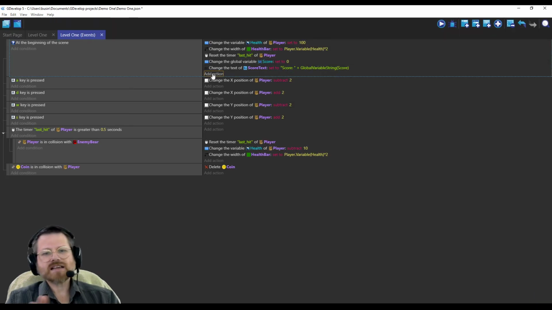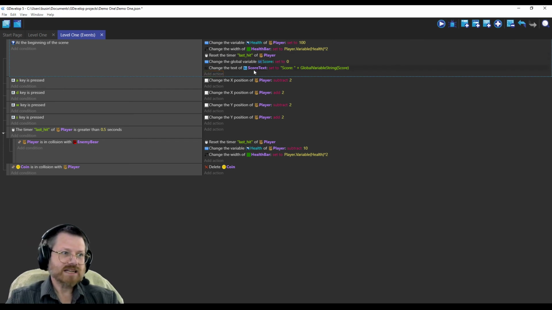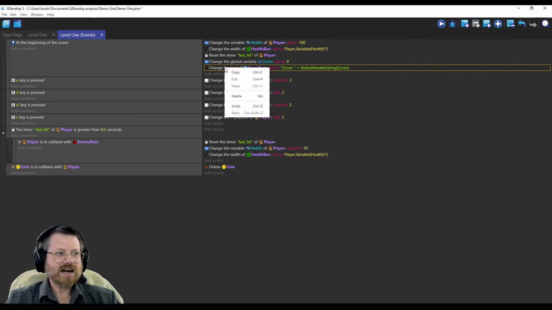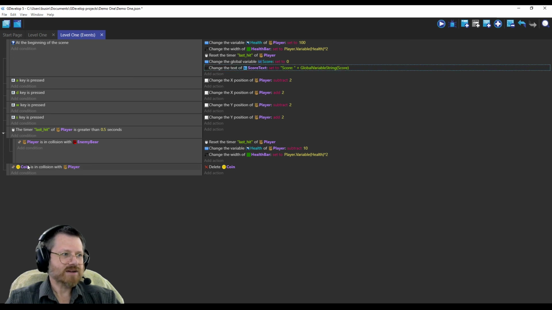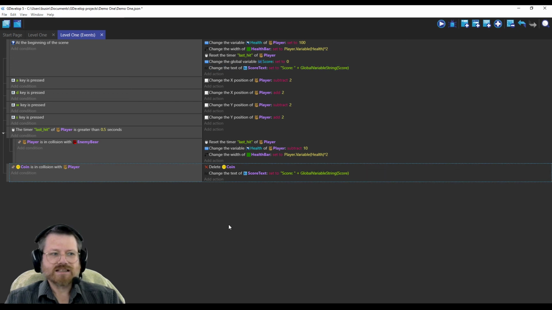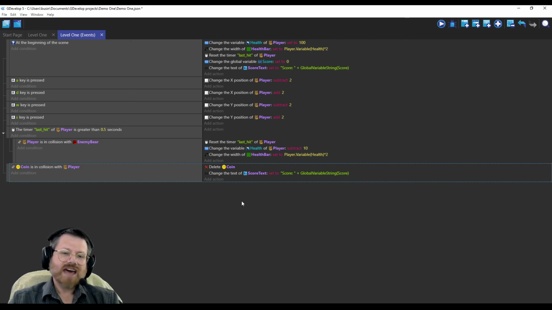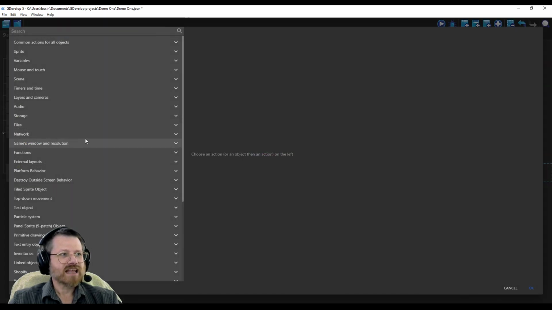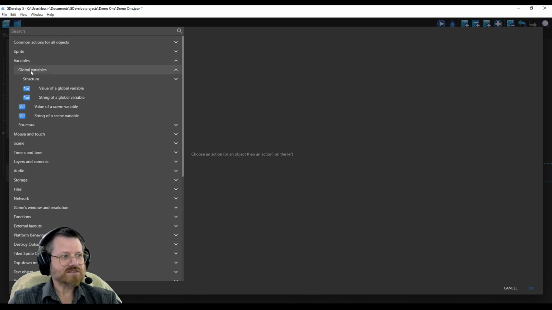And every time that I change the score, I need to make sure I update this. So I'm going to copy this. And when I collect a coin, one thing I'm going to need to do is update the score on the screen. So I haven't actually changed the score yet, though. So I'm going to add another action. And once again, we're changing the score, which is not an object variable. It is a global variable. We're going to set the value of that score